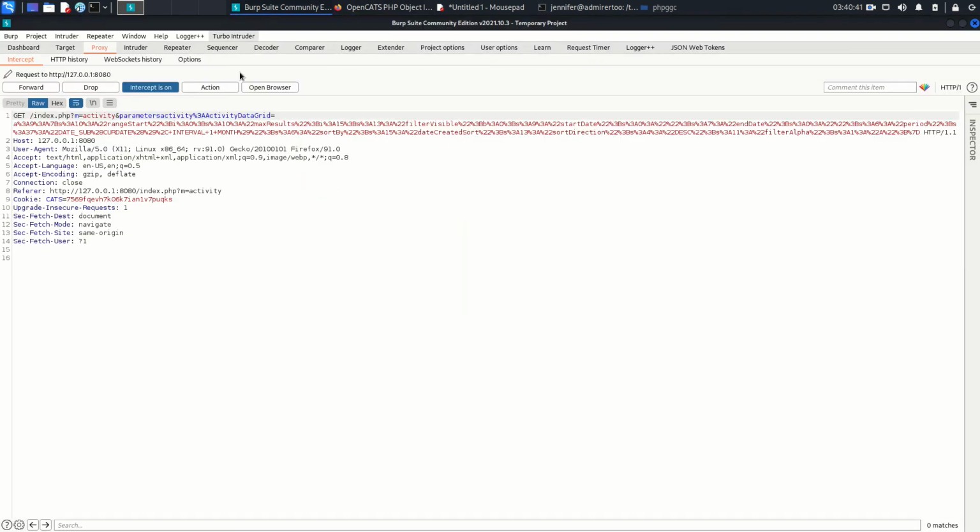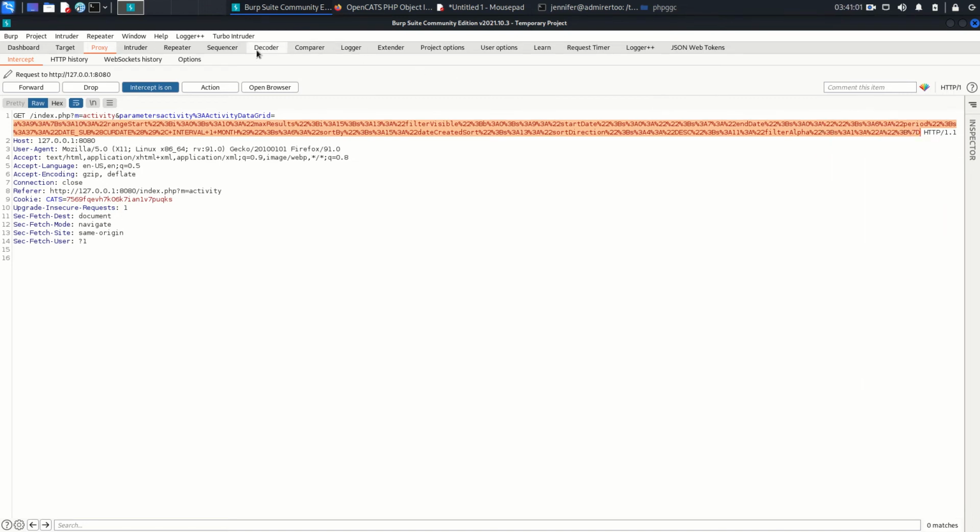Fine. So take this from here. Basically, the most important thing is this activity data grid. So I'm going to take this value up to here,